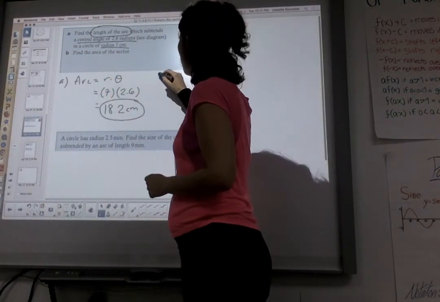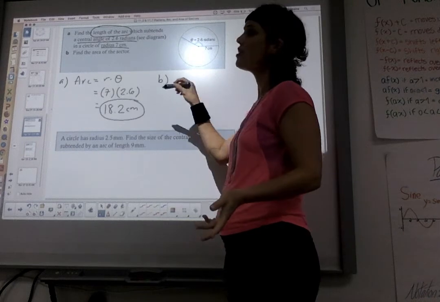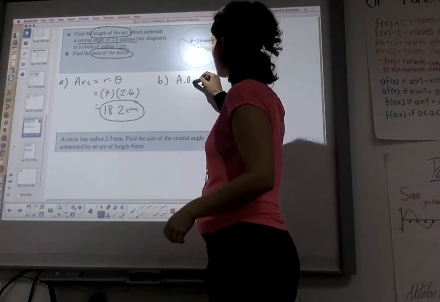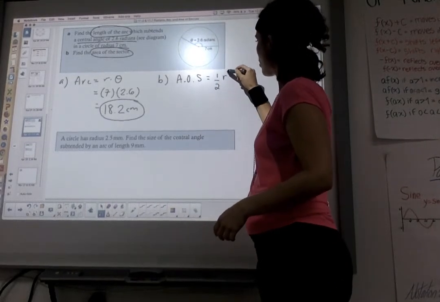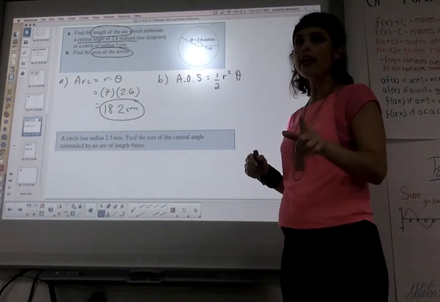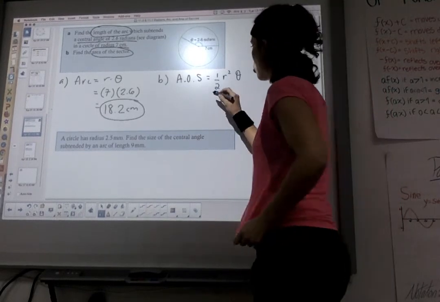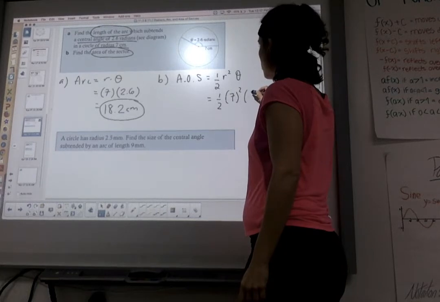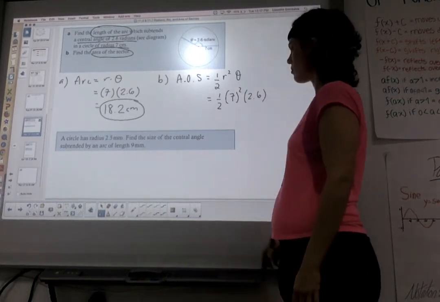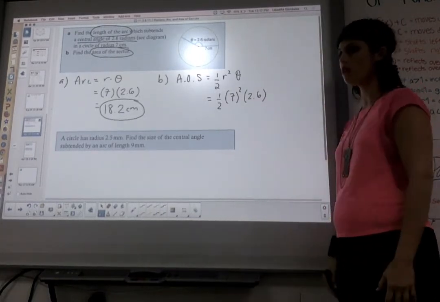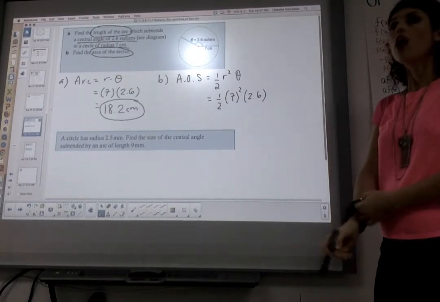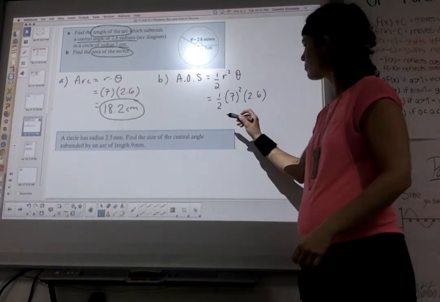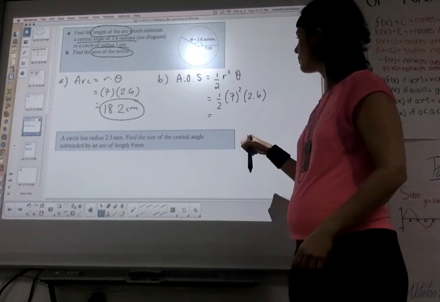Part B, what's the area of the sector? So what was the formula again? One half r squared theta. Theta has to be in radians, which it is. So you just plug in r is 7, theta is 2.6, and the central angle is still 2.6 radians. You just do this in your calculator, and you get